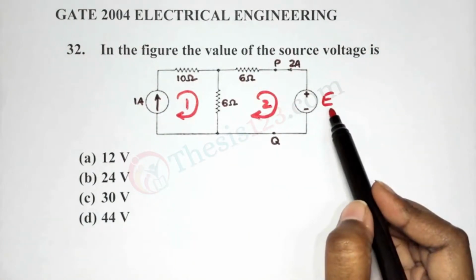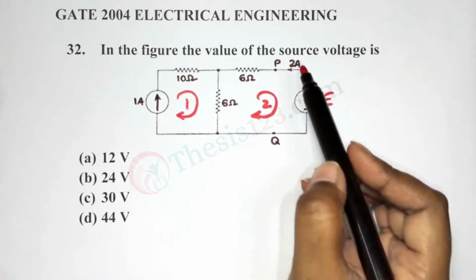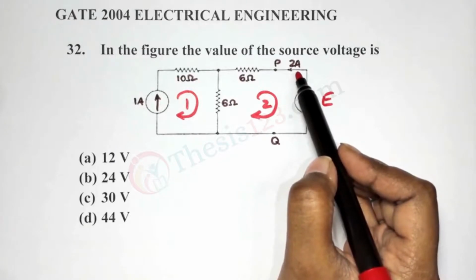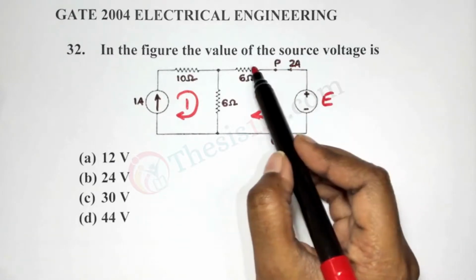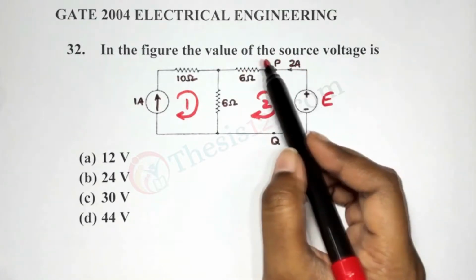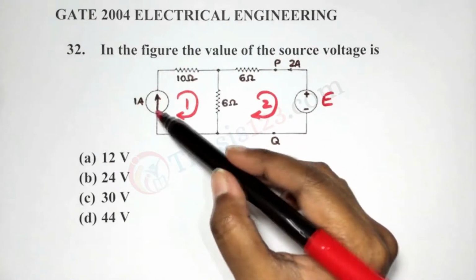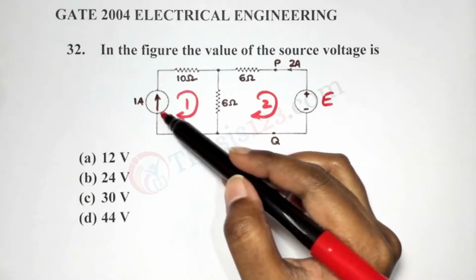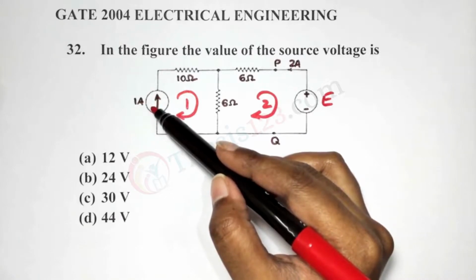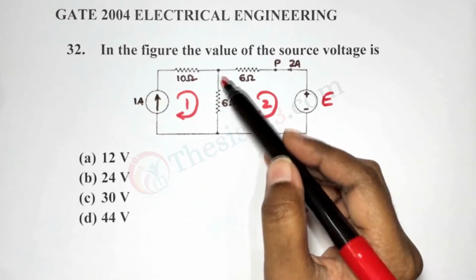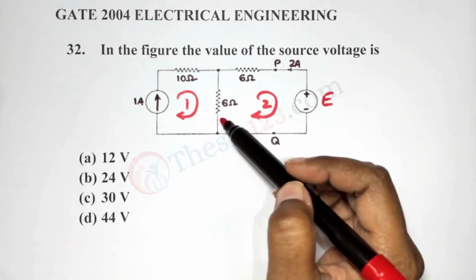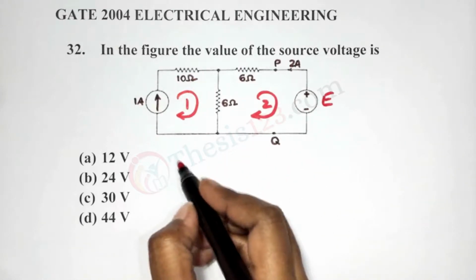Now to find out the value of E, the current has already been given here as 2 amps. This is the current that is passing through this branch here. So we don't have to consider this part at all, though we would have to consider the value of current here while considering this branch here. So let's now apply